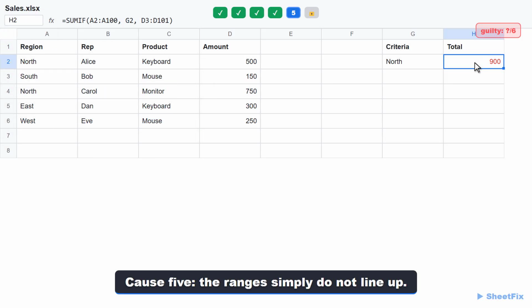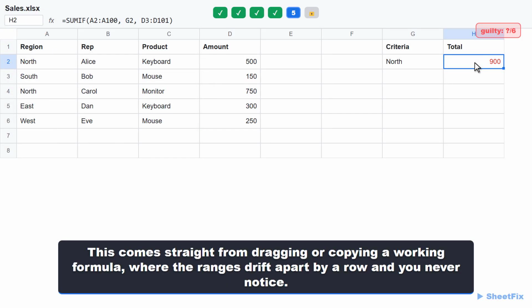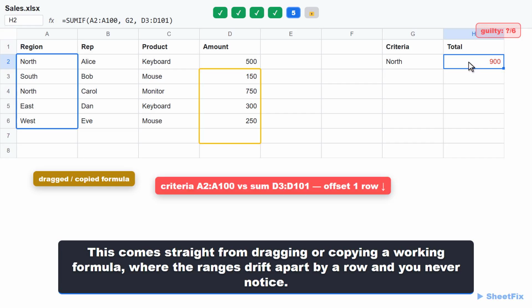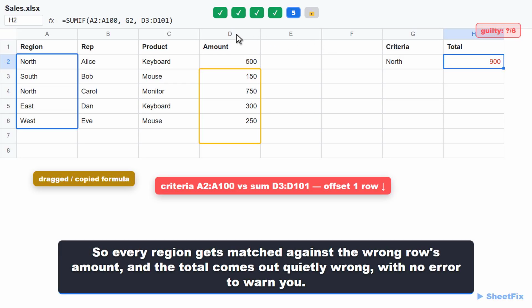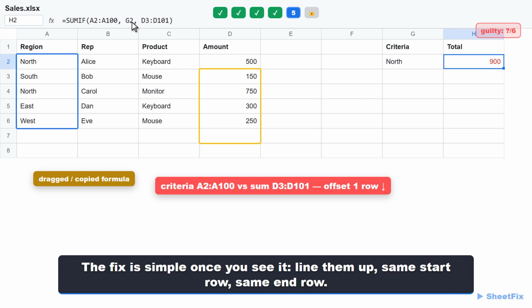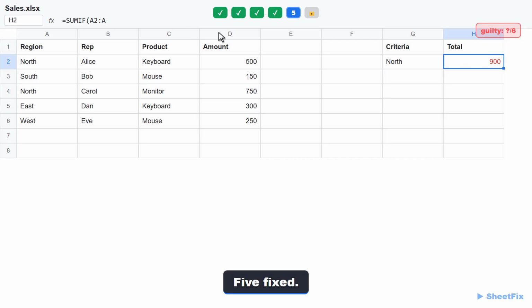Cause 5, the ranges simply do not line up. This comes straight from dragging or copying a working formula where the ranges drift apart by a row and you never notice. Look closely. Your criteria range is A2 to A100, but your sum range has slipped to D3 to D101, offset by a single row. So every region gets matched against the wrong row's amount, and the total comes out quietly wrong, with no error to warn you. The fix is simple once you see it. Line them up, same start row, same end row, and it lands 1250, 5 fixed, 1 left,